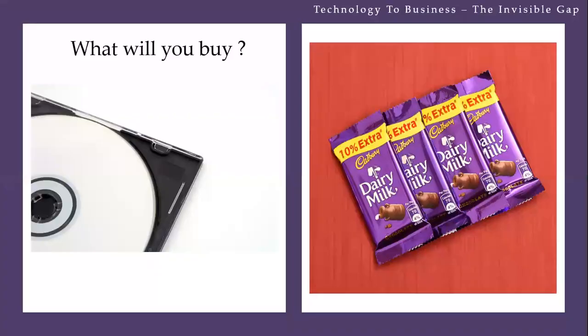Like I mentioned, when you look at something, like if you see an image like this in front of you, you go to a shop, you see a CD, you see this, what will you buy? Personally, what would you buy? Would you buy this or would you buy this? On the right or the left? It will depend upon what you like or what you want at that moment. But imagine you don't know what you like. Just visually looking at it, what are you going to buy? Chocolates.